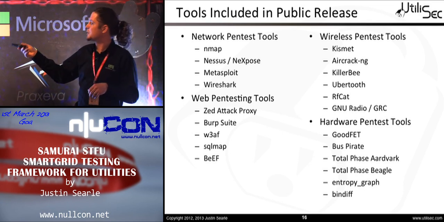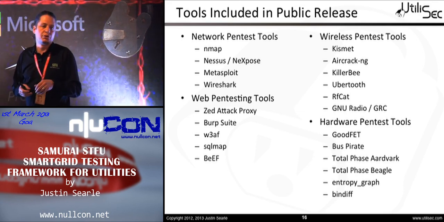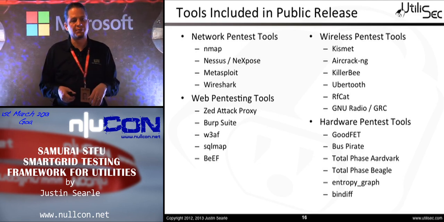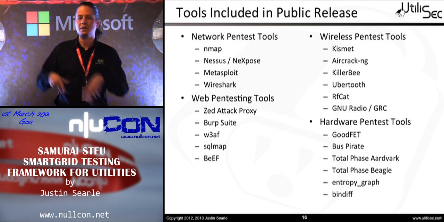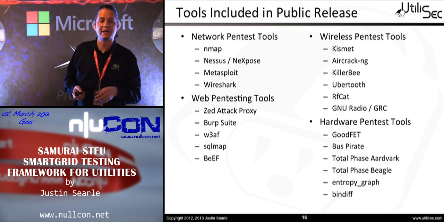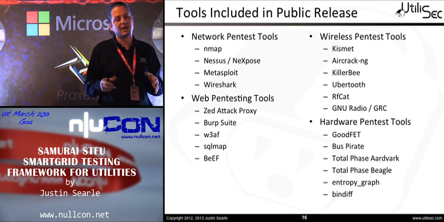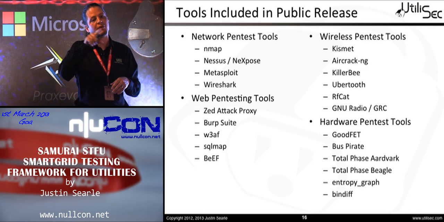for doing analysis. And then Entropy Graph, which is a newer tool that allows you to go through and take any type of a data source, whether it's something you've dumped from an EEPROM device or something you dumped from a bus or something you've pulled out of the payloads of your network packets, doing an entropy analysis of that payload and trying to identify which parts of the file have higher levels of entropy or more randomness than other